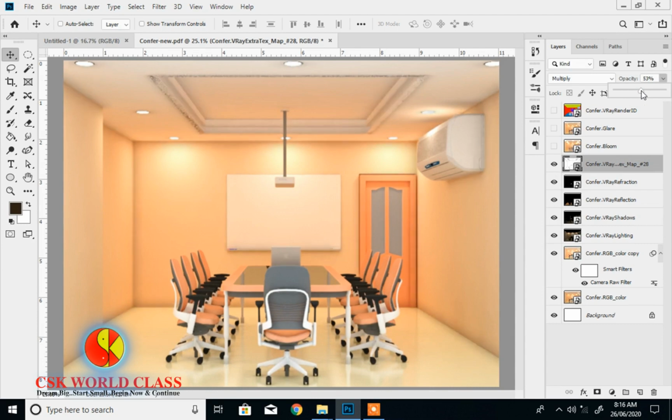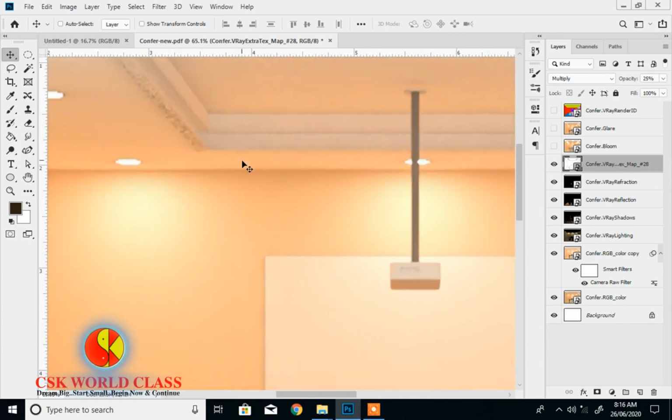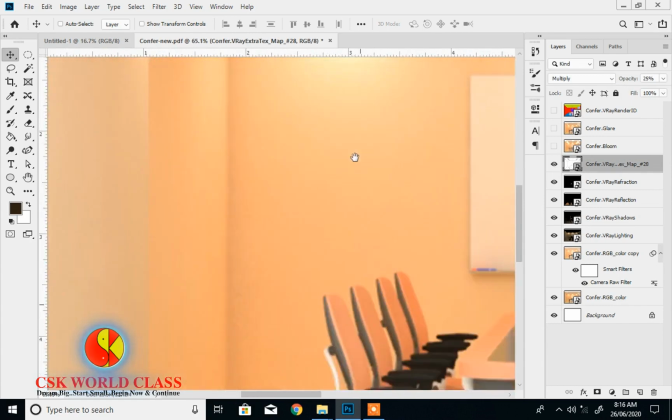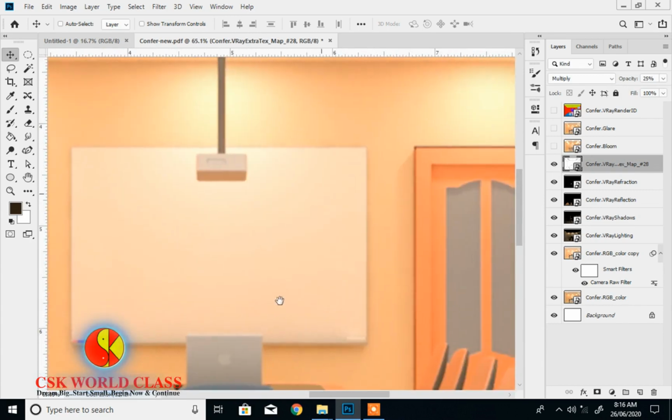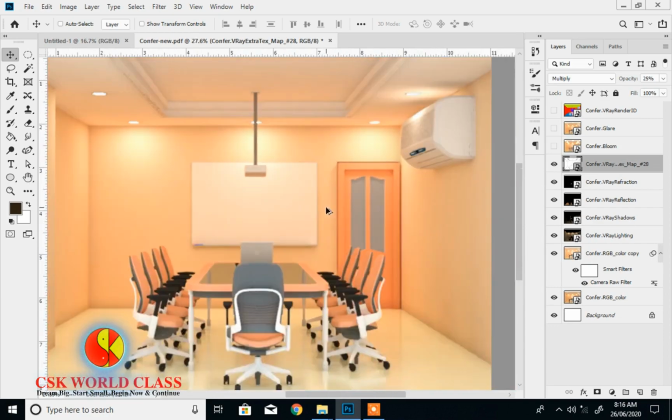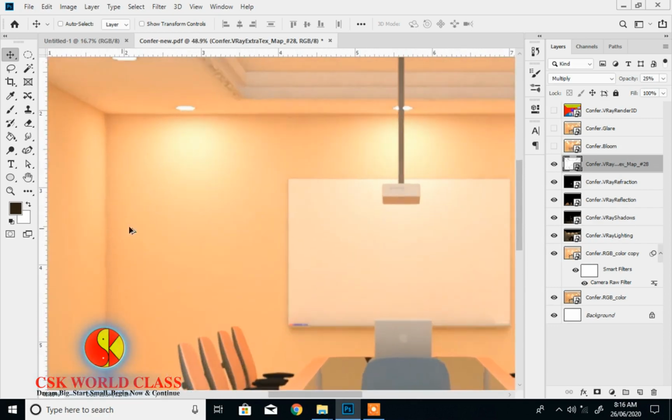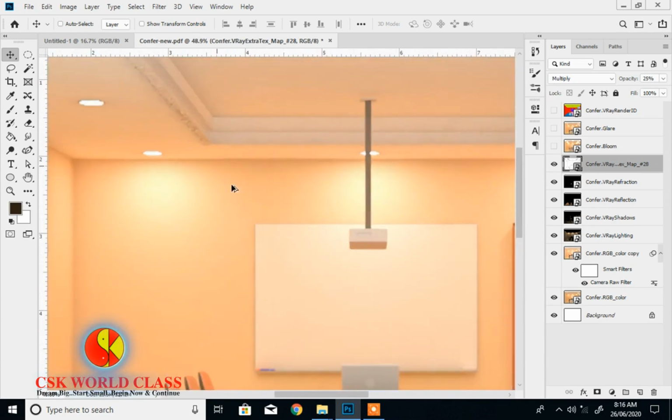Check out, this much is okay. Say 50% is too much. So now I will adjust, 25 is okay, I think. See, check out, up on this one. But what is my problem? I don't want this one here. I will zoom this in. See, this is not proper. This is okay, this is okay, this is okay, but I don't want this one. This is too much, the problem is here.